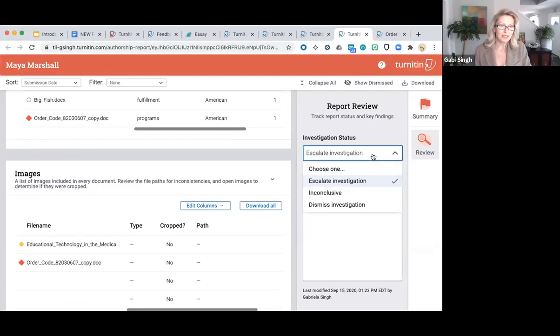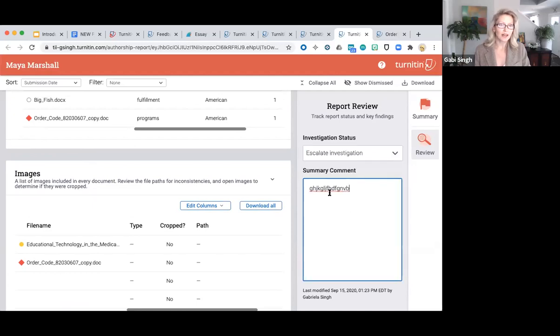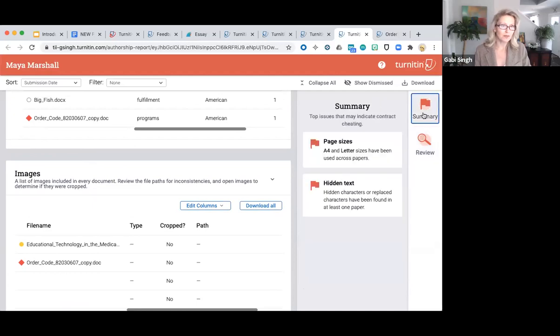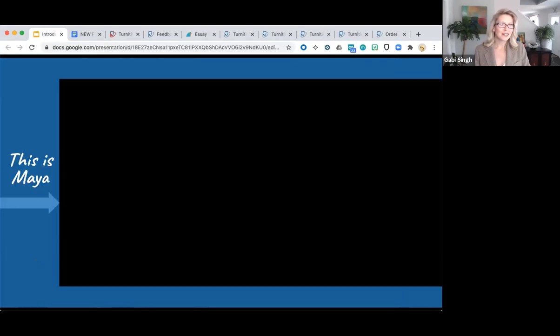And there's an opportunity to manage the cases here and provide additional notes as well. And then we provide a summary page to let the investigator know what the tool finds are some of the bigger anomalies. So we'll move off of that here and just go back to talk a little bit more about